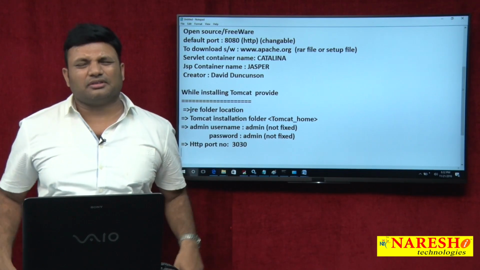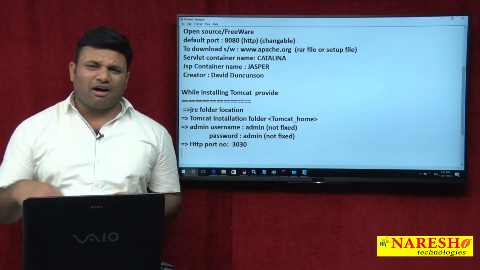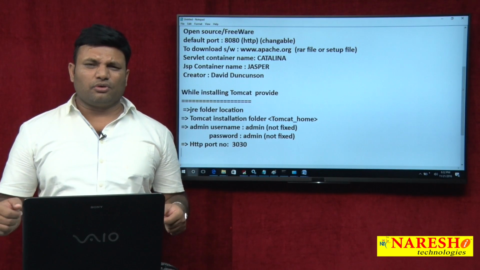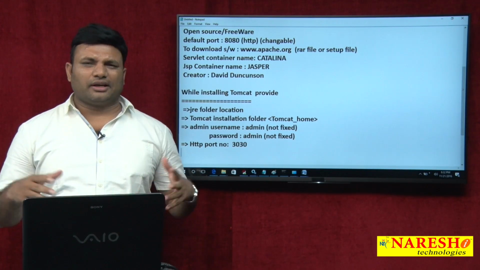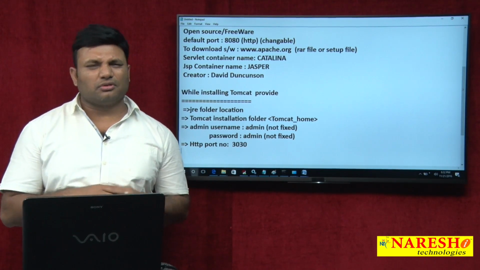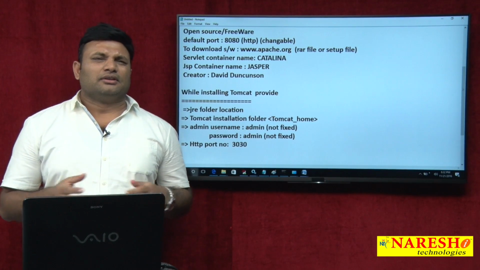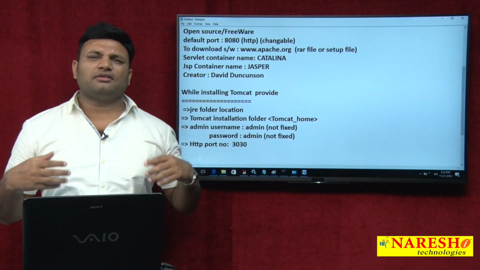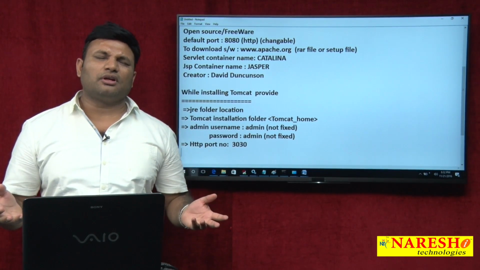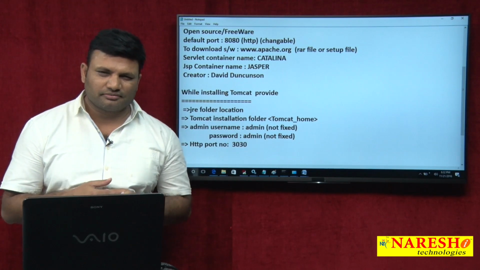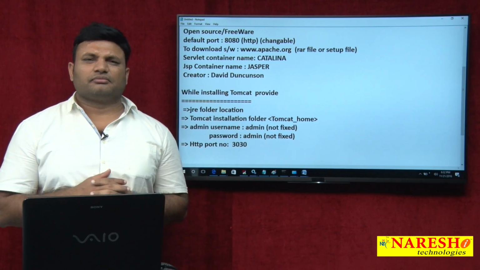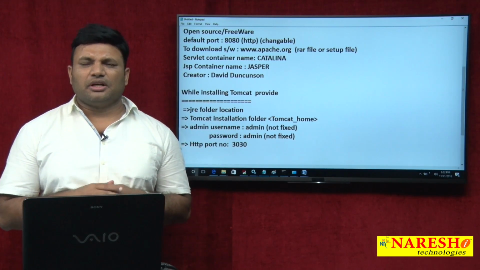What is a port number, sir? Very simple. To connect various hardware devices to our computer, hardware ports are there. Like monitor port, printer port, a lot of ports are there. Similarly, software services installed in your computer reside on software ports. For example, you take a Windows operating system. It offers a total of